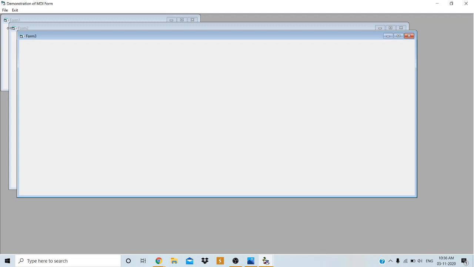Now I will explain briefly. When I click on this option horizontal, the child forms of this MDI form must be arranged horizontally. Horizontal in the sense, in this row manner, in the x-axis manner: form 1, form 2, form 3 must be arranged in a horizontal manner.